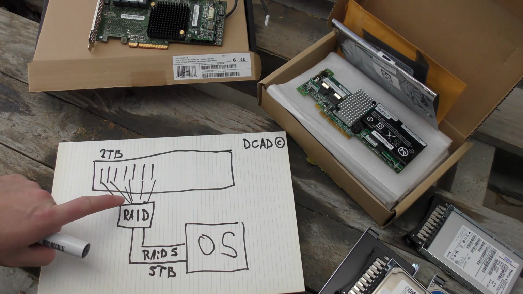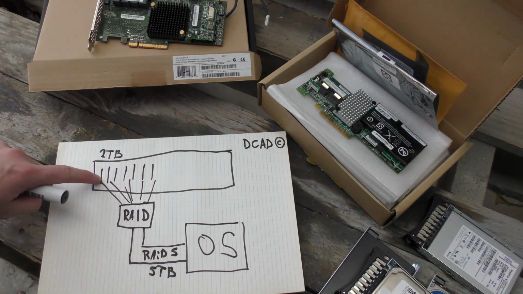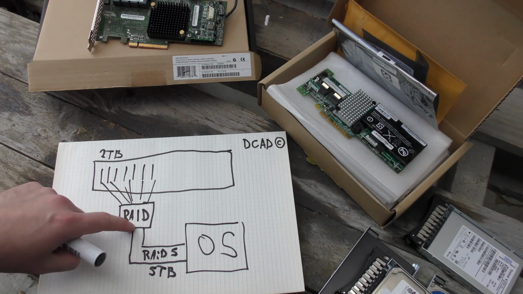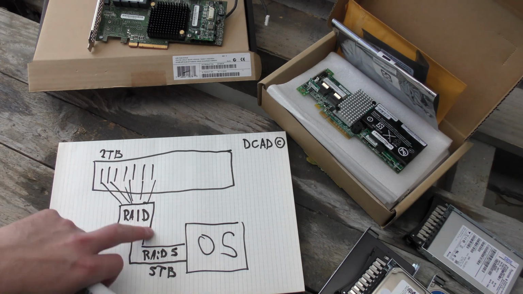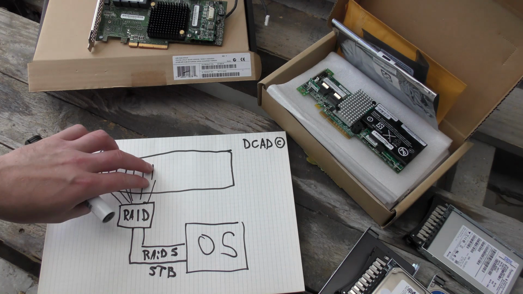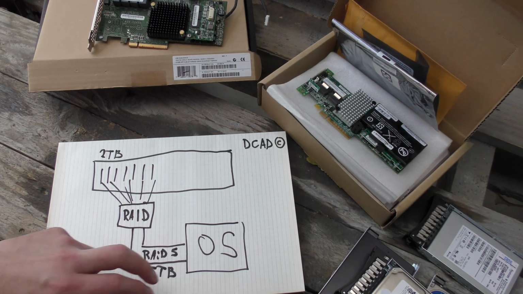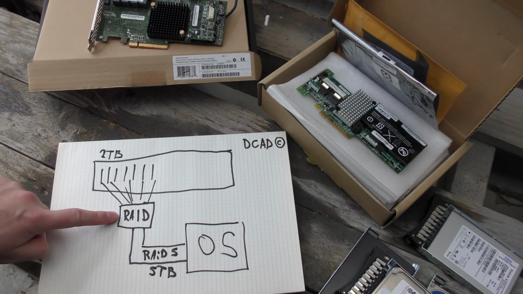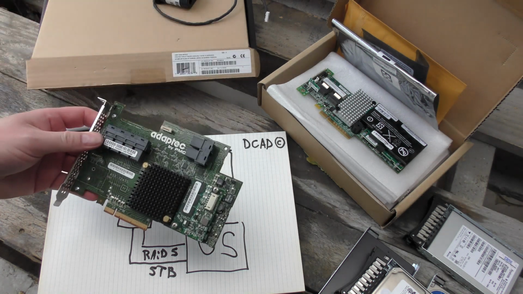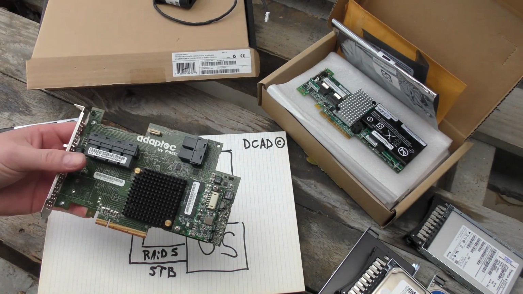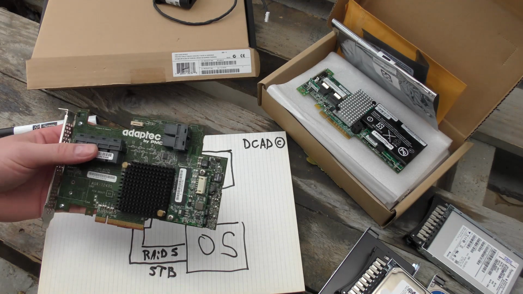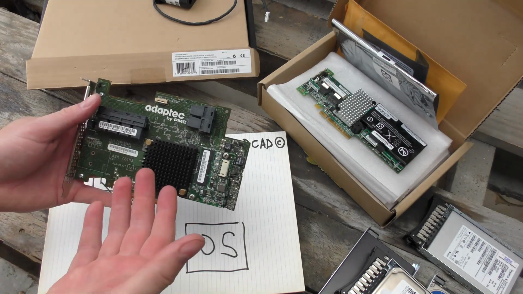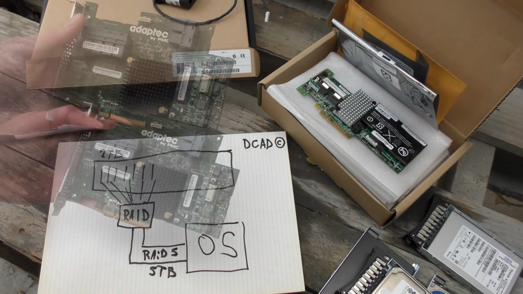And you can also do this in most RAID controllers. You can, in the RAID controller, say this disk is a RAID 0, and present that. This disk, it's a RAID 0, present that. This disk, and so on. So you can present all the drives to the operating system as a disk. Some RAID controllers can do this natively. There is a mode that is called IT mode, which is most regular on the cheaper RAID controllers. The bigger RAID controllers are meant for doing a lot more stuff,